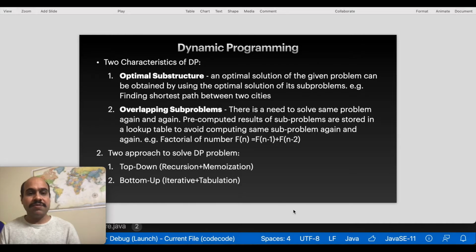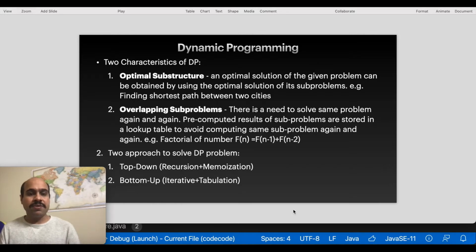At the same time, I want to tell you that don't bother about the definition of dynamic programming. Even if you don't know the definition, sometimes you solve a problem which is basically a dynamic programming problem. So take this theoretical part as just an introduction, but don't bother too much in case you don't understand the definition of dynamic programming. We'll go through a problem first, and I'll show you all the steps: how to begin and how to proceed further to solve a problem using dynamic programming.